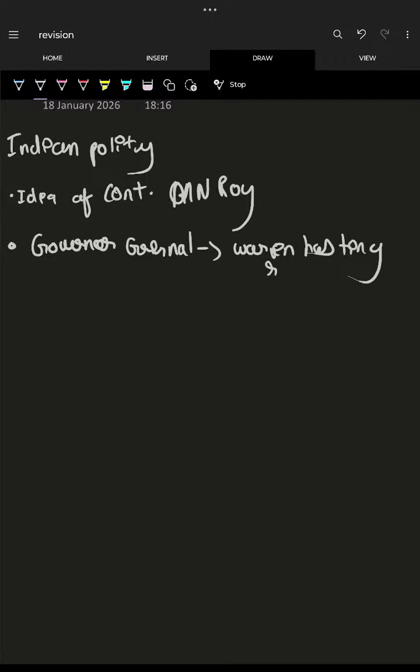So the Indian Councils Act 1892 seemed insignificant, but it brought an element of representation for the first time by allowing discussion of the budget. This act introduced the element of election in India, although the majority of official members were retained. The non-official members were nominated by the Bengal Chamber of Commerce. Yeah, the Governor General is Warren Hastings, then Viceroy is Lord Canning.